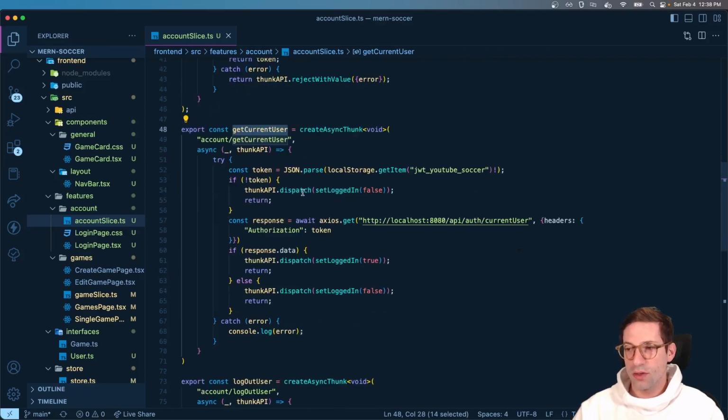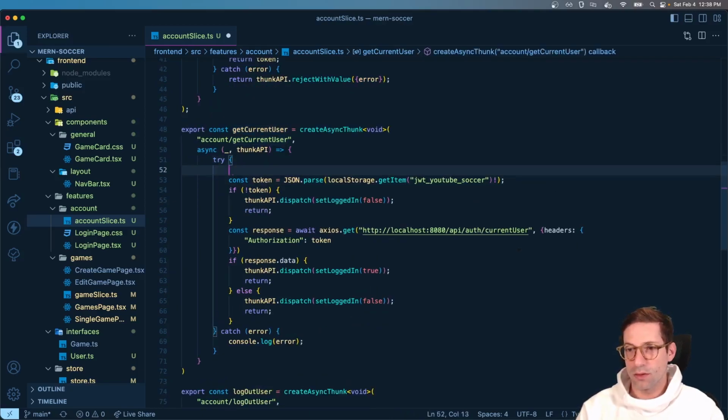So again, current user, we're going to get the token from local storage, and for that we have to get the item from this key, and then we have to parse it, so convert it from JSON to a normal JavaScript object, and then from there we just send